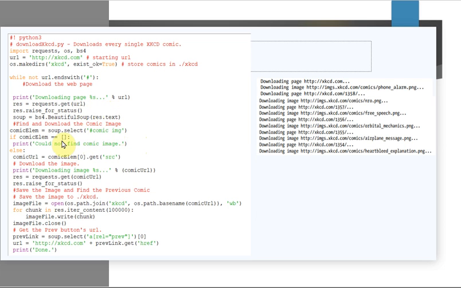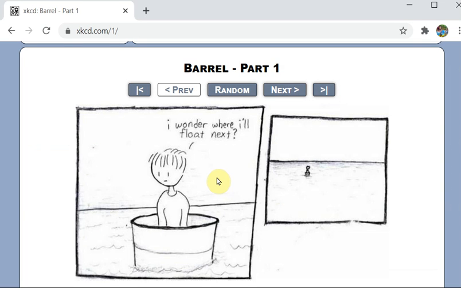Next, you are downloading the web page using the get function. Now in that web page, what do you want? You want only the image part, right? We already saw the image part in the xkcd site using right click and inspect.